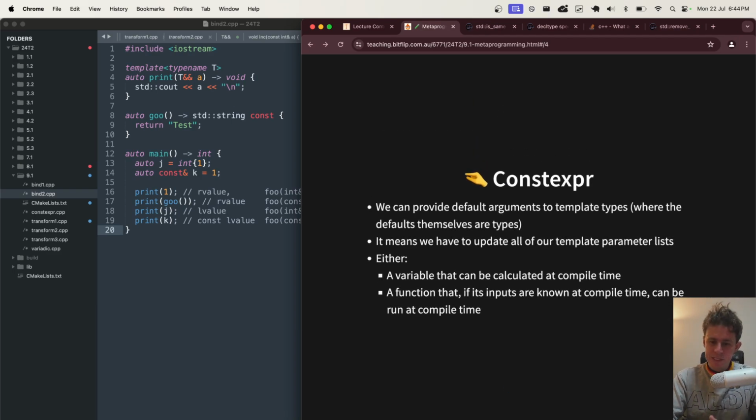Const expression. This is one of the other tidbits we're going to chat about today. Const expression is a really cool thing. Basically,